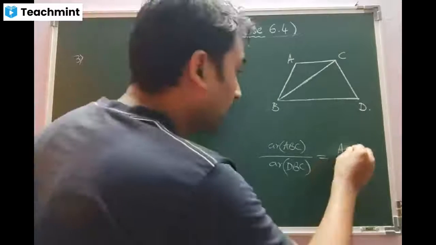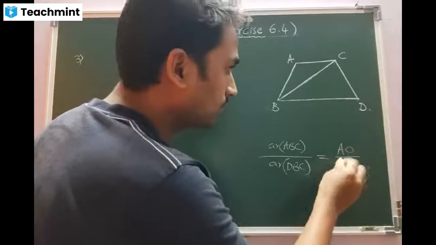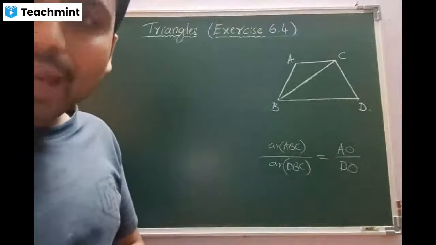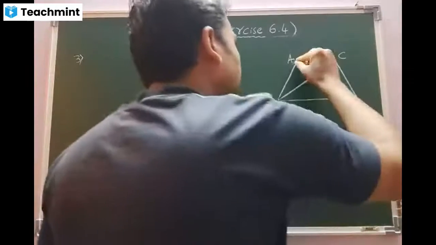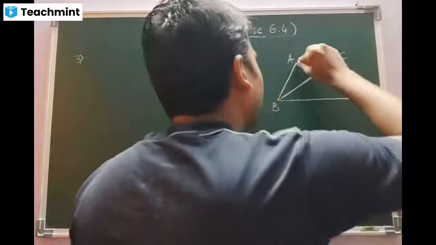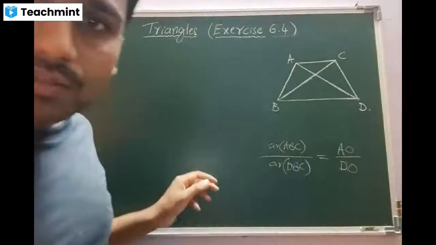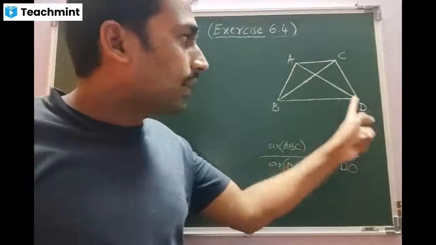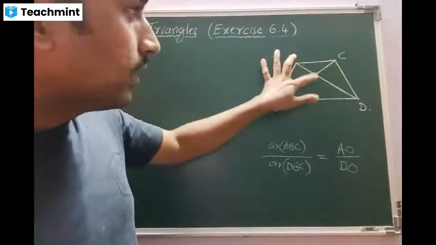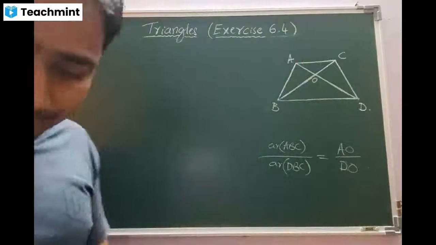Beta, in the rough diagram, we have given something else. AO by DO, na? Yes, sir. It means they have taken one more diagonal. What is that diagonal, beta? AD, sir. It is not one more diagonal. If you tell again diagonal, it is nothing but we are considering the trapezium. What they have done? They have joined A to D. Then they say the area of this by area of this should be, the intersection point is O, AO by OB. Is that clear, beta?